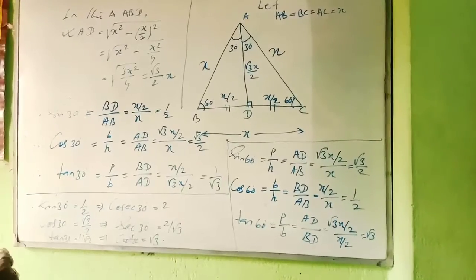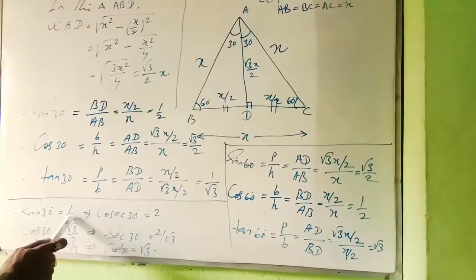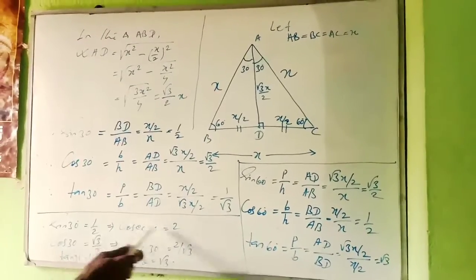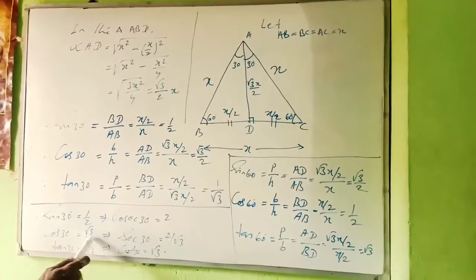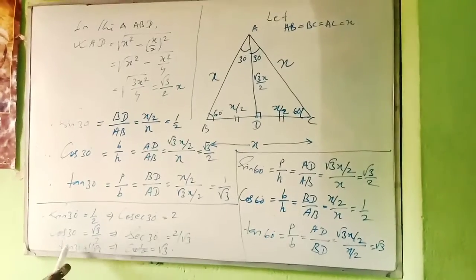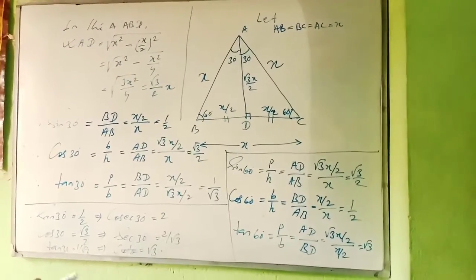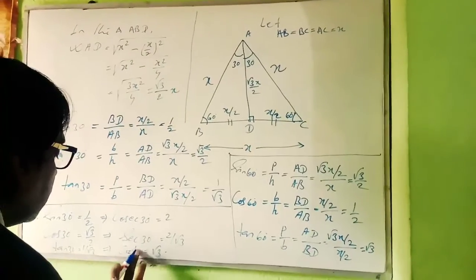As you know, sin 30 and cosec 30, they are reciprocal to each other. Sin 30 is 1 by 2, which means cosec 30 will be the reciprocal of 1 by 2, that is 2. Cos 30 is root 3 by 2. What is the reciprocal of cos? That is sec. So what is the answer? 2 by root 3. Tan 30 is 1 by root 3. Reciprocal of tan 30 is cot 30. I have written here theta, just write it as 30 degrees. Okay, 30 degrees.